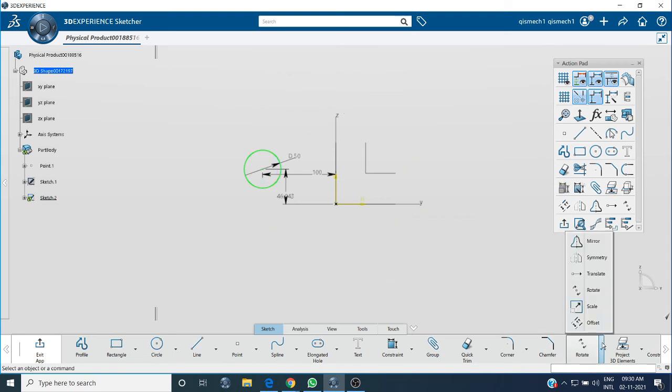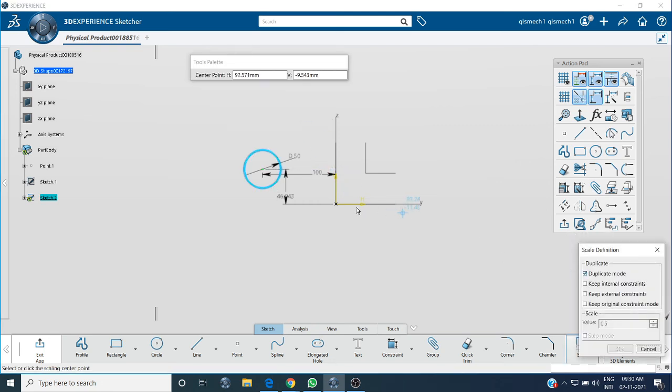Now we'll go for scale. Scale is nothing but to increase and decrease the size of your profile, and it simultaneously replicates. For scale also, it is the same. First select the profile, go to scale, then the center point, and how much scale value you want.